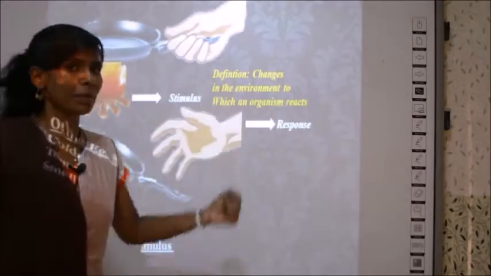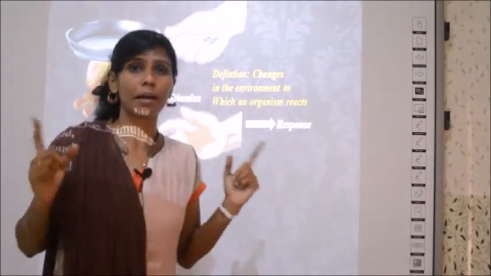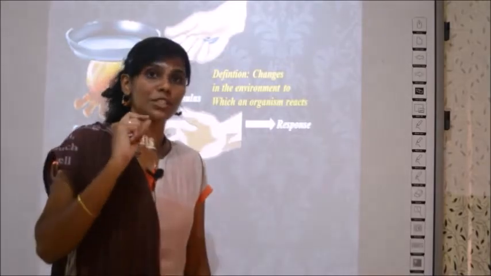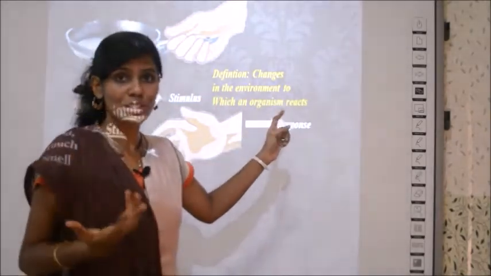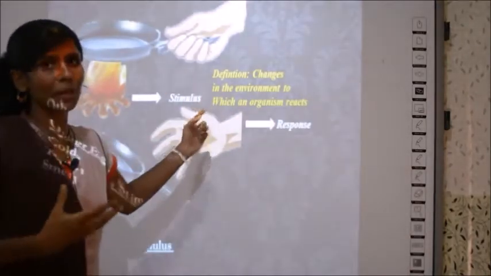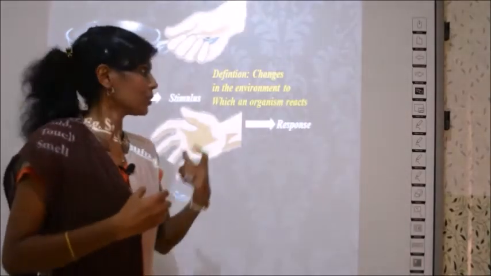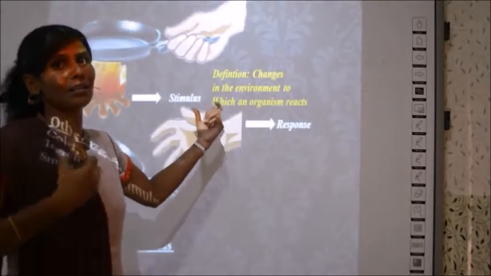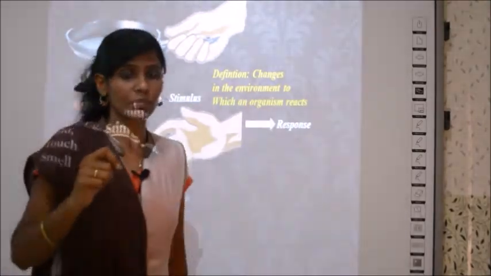In the environment, what is the environment here? Environment does not denote the atmosphere. Environment denotes the pan, where there was a change. Here the environment is only the pan, because that is what underwent the change. So the change in the pan, the pan becoming hot,